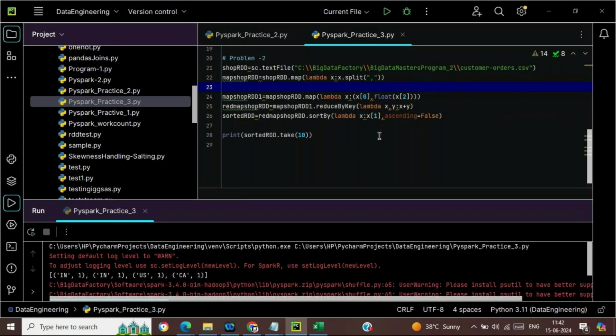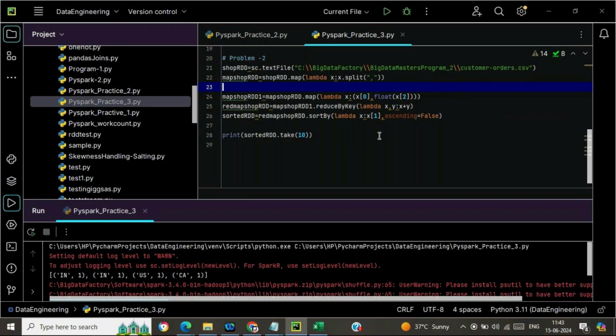Okay, so first thing, in the first RDD the CSV file is read. After that, we split the CSV with the comma using the lambda function. Then we apply the indexing. There are three columns, 0, 1, 2, at the top. We apply the indexing on the first column and the price column, the last one.